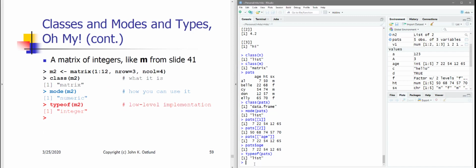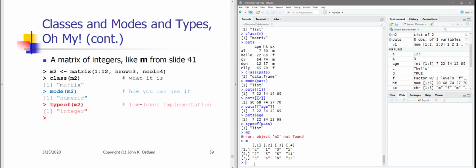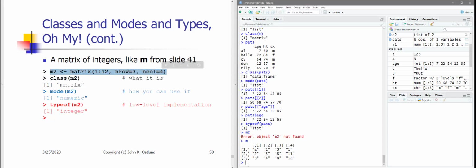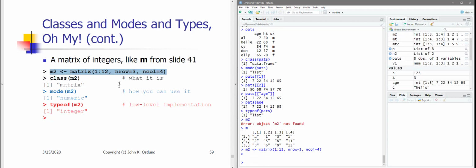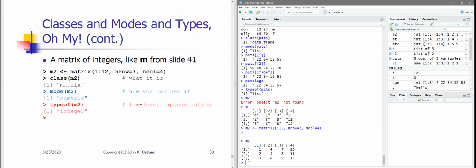If I create a matrix, I actually have this matrix M sitting around. Oh, I wrecked M by converting it all to strings. So let me create a new matrix M2 by copying and pasting this code here. Now that I think about it, that must be why I wrote this example. Okay, so M2 is now a matrix containing the same values that that old M back from slide 41 contained,